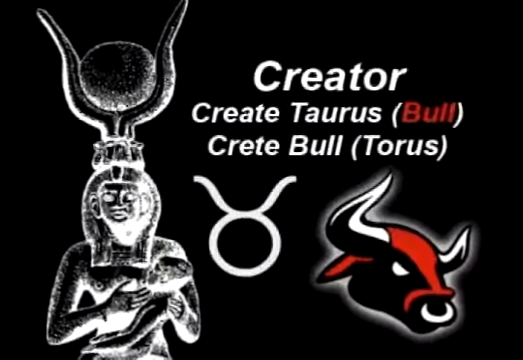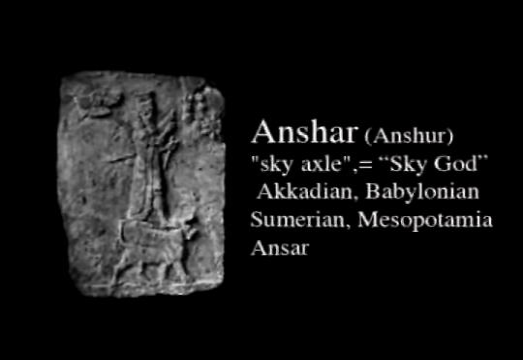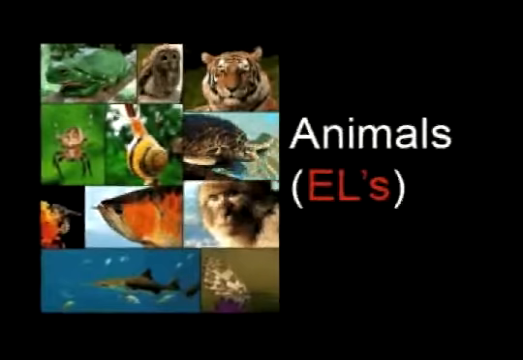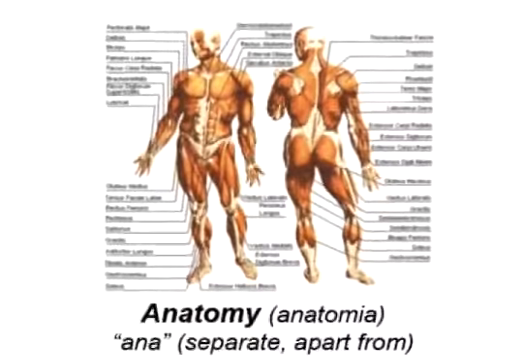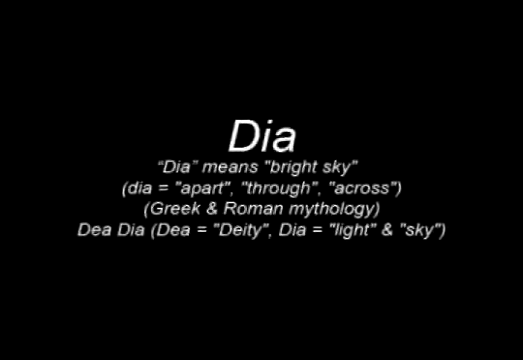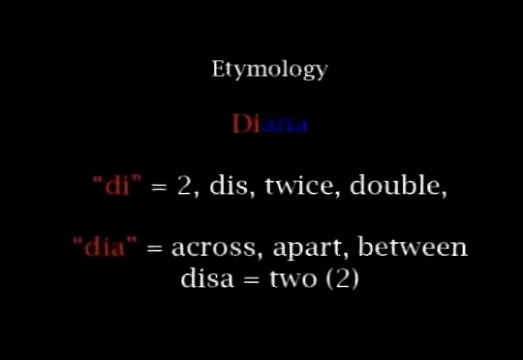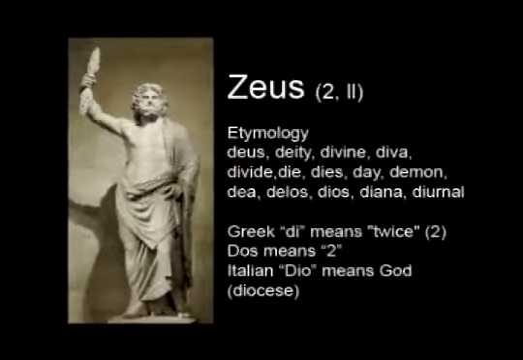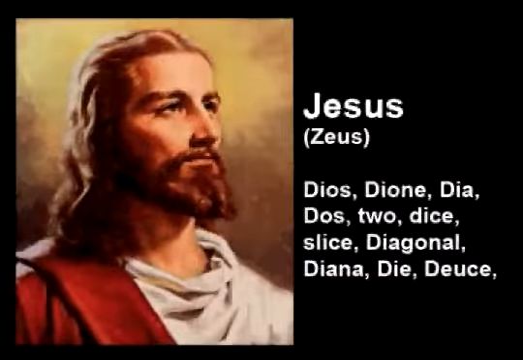These are known as the creator gods, like the god Anshar, who is also known as the sky axle or the sky god. And that's why every creature that lives upon earth is known as an animal. And An also gives us our words like anatomy or anthropology. And the etymology of the ani in animal is the same as dia or dios, just like Diana, which is the same etymology, like I said before, of Zeus as well as Jesus, the dios, the two halves,